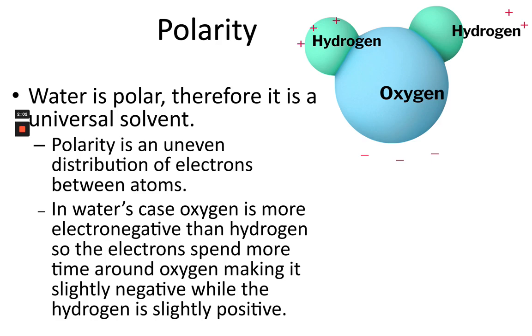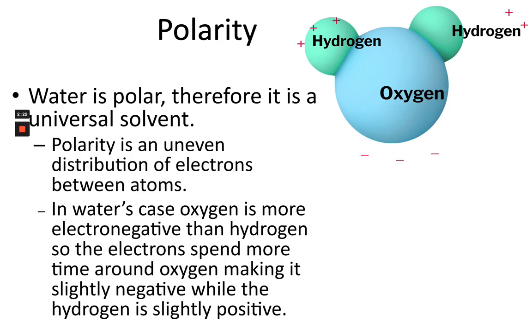However, sometimes that sharing is not equal due to the fact that one of the atoms or elements is far more electronegative than the other. So in water's case, oxygen is the more electronegative one, and that means that oxygen is greedy to a much higher degree than hydrogen for those electrons, and so the electrons end up spending much more time around the oxygen,